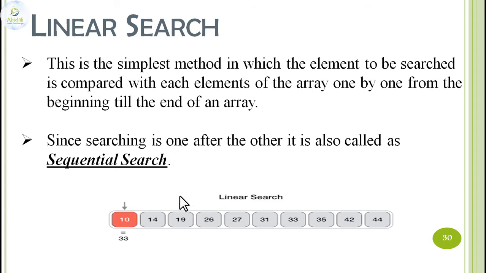Let us look at the diagram. So we are searching for 33 in the diagram. It will be compared with the first element, second element, third element, fourth element, fifth element, sixth element. Then if the search element exists, it will stop, it will not move further for the comparison, and it will return the location where the element is situated. So this is the very simplest technique in the searching methodology.